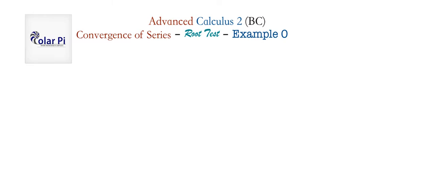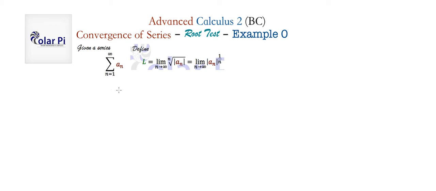So first, the statement. Given an infinite series like this, what we do is take the limit as n goes to infinity of the nth root of the absolute value of a sub n. So we take the limit as n goes to infinity of the nth root of the absolute value of a sub n, and this here, if we so choose, we can write like this. And in fact, in practical examples 1 through 3, I will utilize this version, right? Okay. Anyway, if we call this limit the number L, well, then if L is less than 1, then we